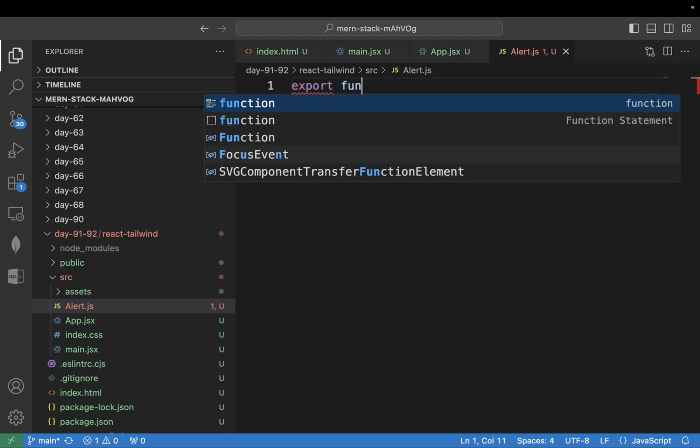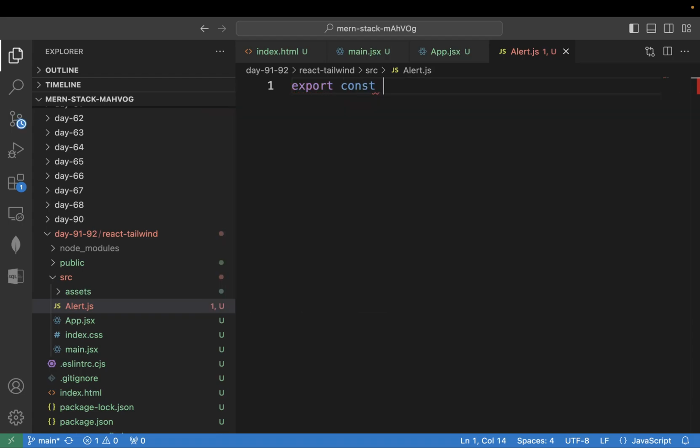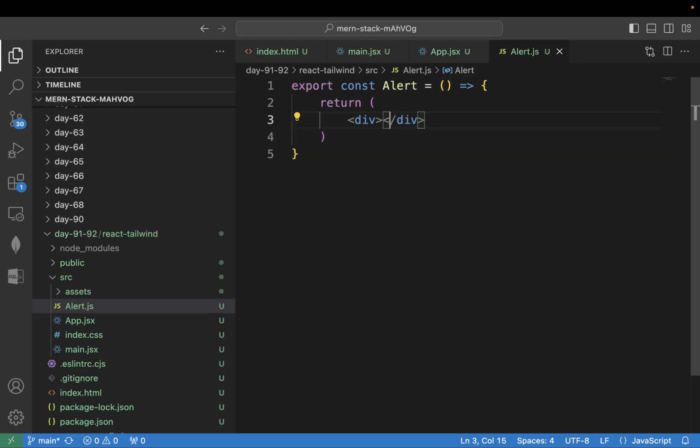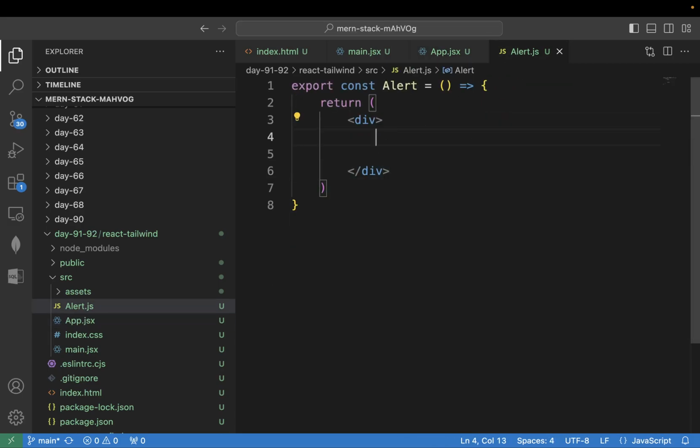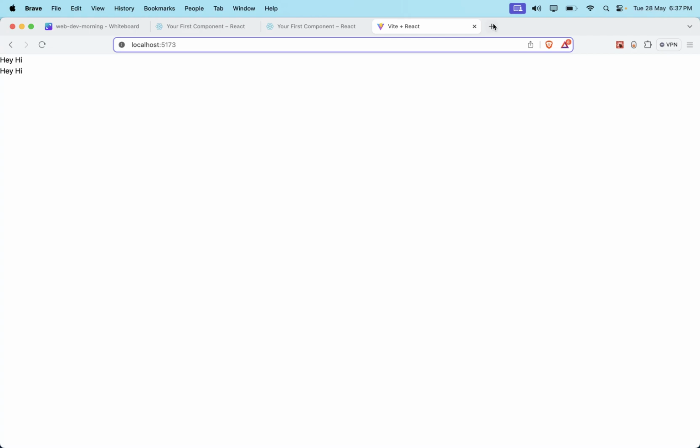Export, even this can be a lambda. Const alert is equal to a lambda which is returning, we can say div inside this. This is also a React component, normal function or lambda, one and the same. Let's open the